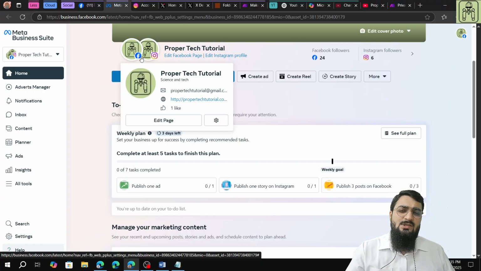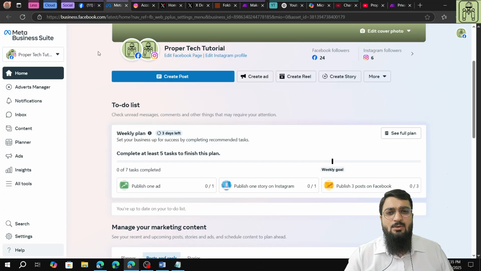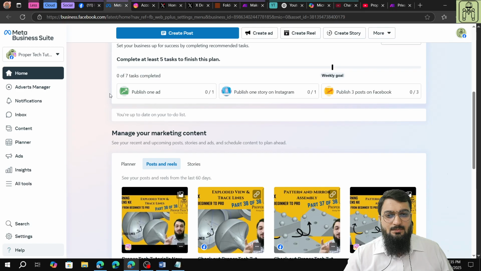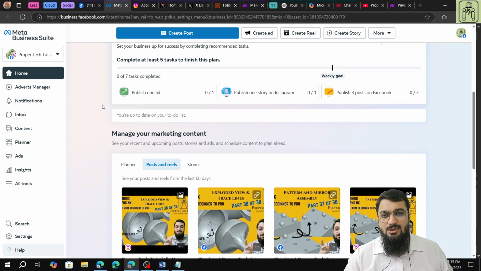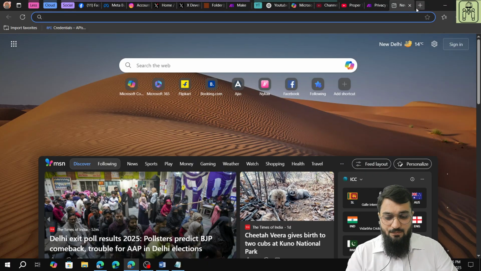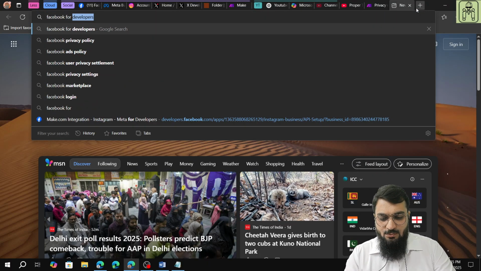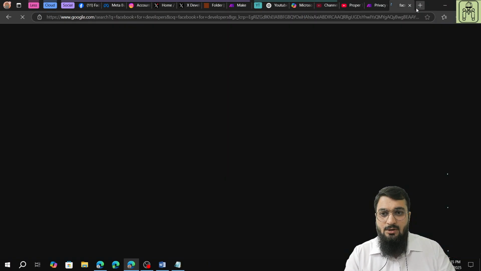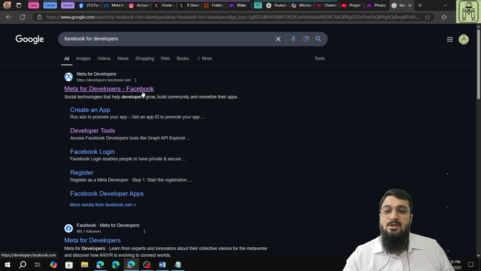So mobile number is something that is optional, so you may or may not put that. And the second thing is that the email must be put. That is good if the email is mentioned. After doing this, you have to search for Facebook for developers. After you have done that, you will click on